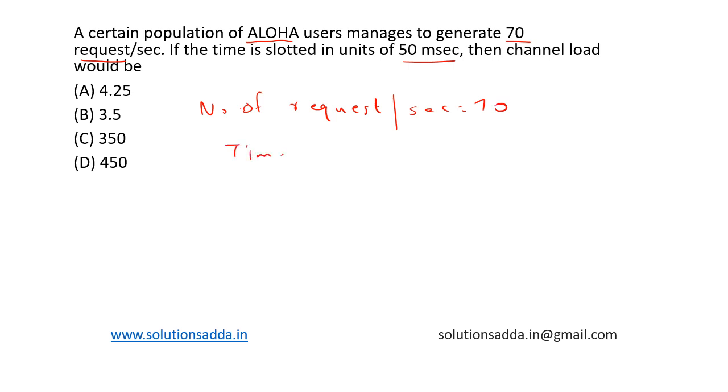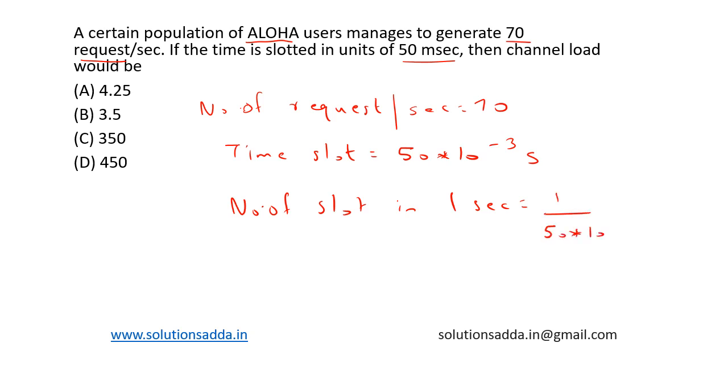Time slot is equal to 50 into 10 to the power of minus 3 seconds. Number of slots in 1 second is equal to 1 by 50 into 10 to the power of minus 3, which is equal to 20. So channel load